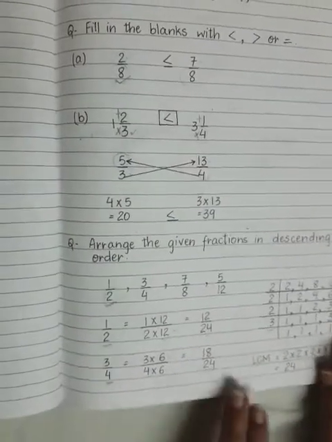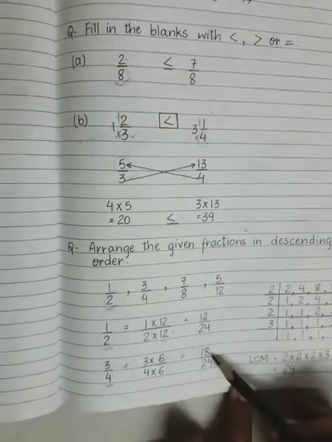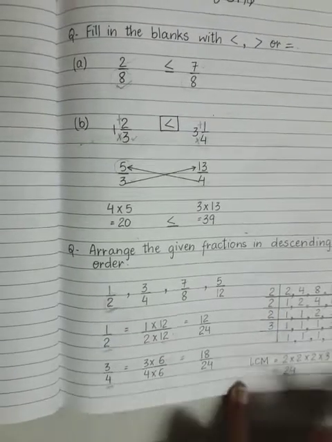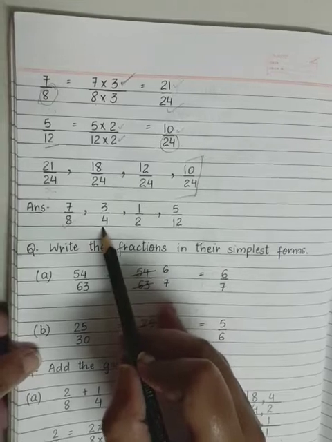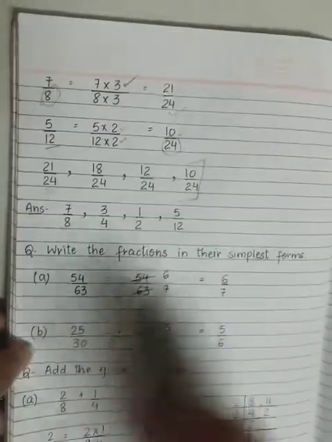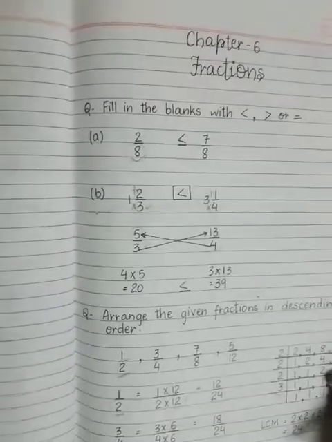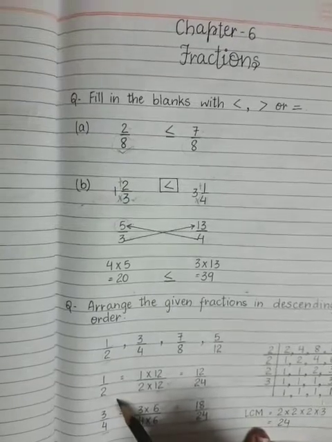The original fraction is 3 upon 4, okay. 18 upon 24, the original fraction is 3 upon 4. So, we write 3 upon 4, okay. Then it is 12 upon 24. So, 12 upon 24, what is the original fraction? It is 1 upon 2, okay. So, we write 1 upon 2,